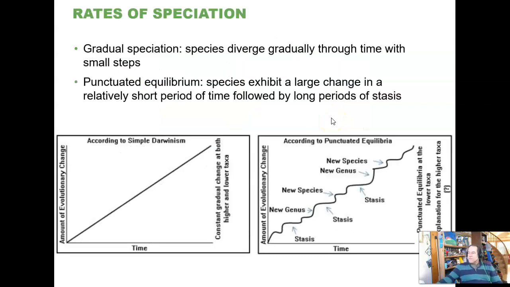Final idea. I think this is our last idea right here, and this is the rate of speciation. The process of mutation and selection can theoretically occur continuously, and so the idea is that a species inevitably is going to change over time. It doesn't mean that it has to change externally. Cockroaches from 250 million years ago look remarkably like cockroaches today, but you can bet that the handshake proteins on their gametes back then are not going to be the same as the handshake proteins on their gametes today. They will have evolved on that, if nothing else.